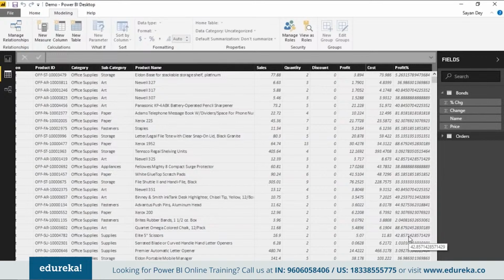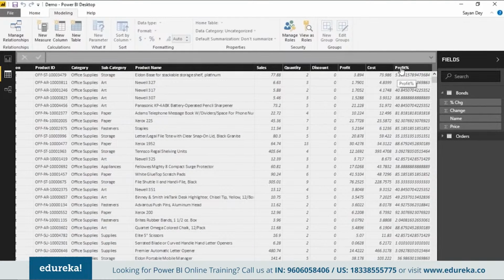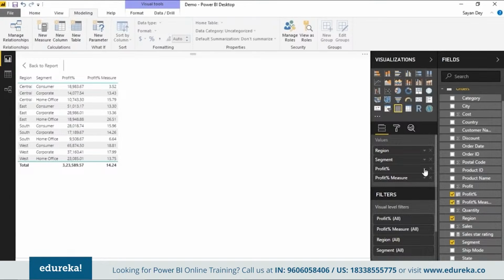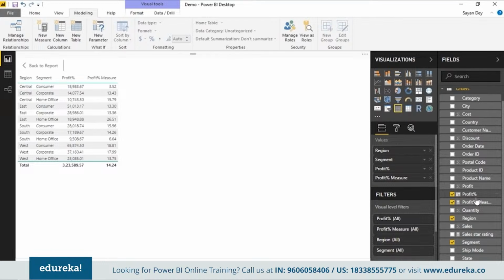So all I'm doing in the table is aggregating all these values together, which is obviously incorrect. If I look at rows 1 and 2, and all the 20 rows here, which are all West, essentially I'm adding up all these profit percentage values for West. It's just like doing a group by region and a sum of profit percentage, which is obviously incorrect. And if you look at my table, that's exactly what I'm doing: a sum of profit percentage across all those rows. That is the key problem, and that is exactly what you need to fix here.